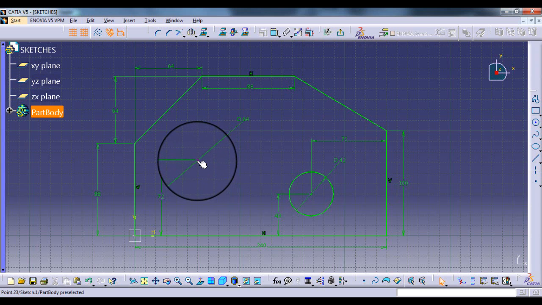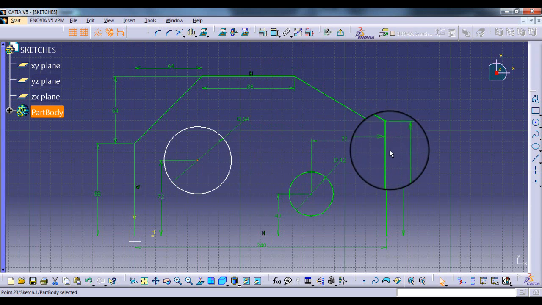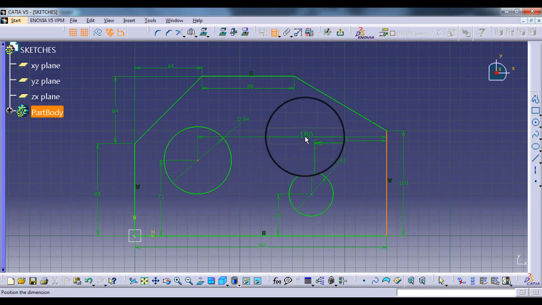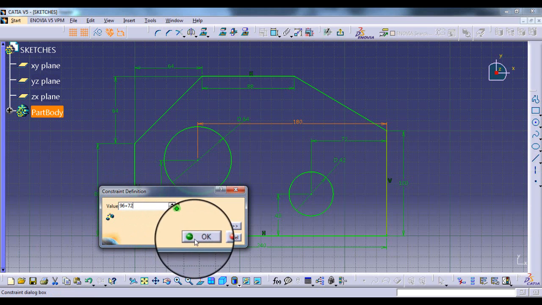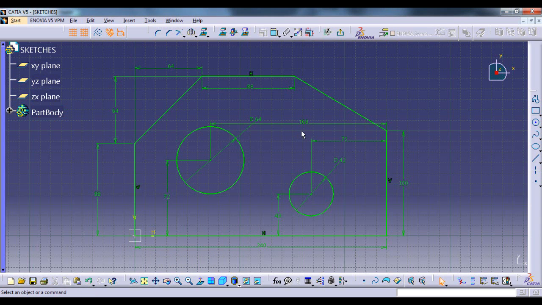So we will select this point and this line. Instead of entering 168 mm, if you are trying to avoid the calculations, you can just enter 96 plus 72 and this comes out to be 168 mm.